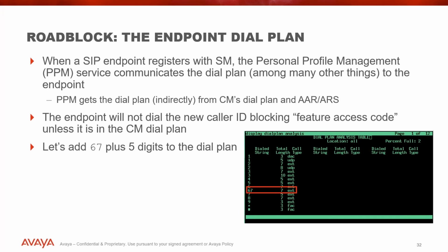As I was cobbling this example together in lab, and by the way, all these examples I actually set up in the lab and verified that they actually do what I claim they do, I hit a roadblock very early, and that is the endpoint dial plan. When a SIP endpoint registers with Session Manager, PPM will communicate the dial plan, among many other things like call history, for example, to the endpoint, and PPM gets this dial plan indirectly from CM. That includes AAR and ARS. And if you dial something on your endpoint that doesn't match the dial plan,